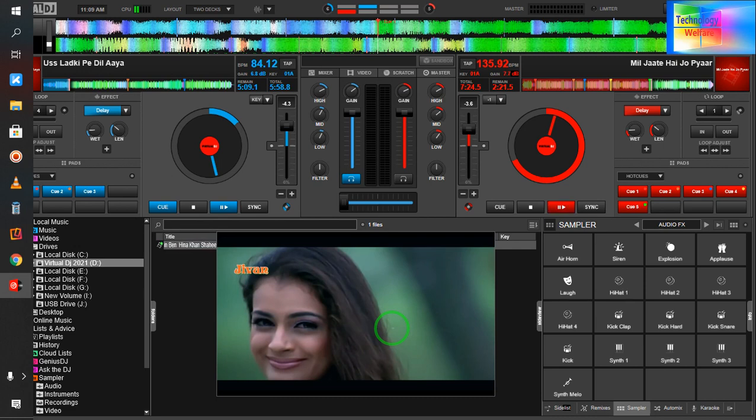Simultaneously, we will go for custom setup key according to our choice. By pressing, of course, we can record anything quickly. So firstly, let's